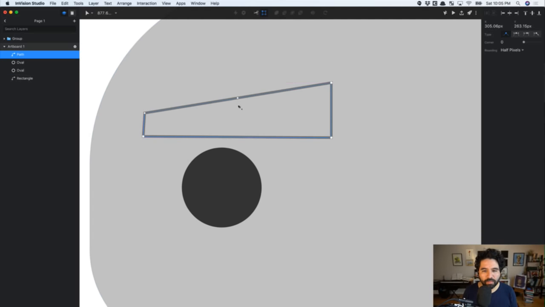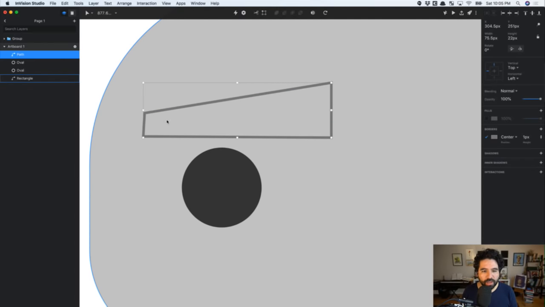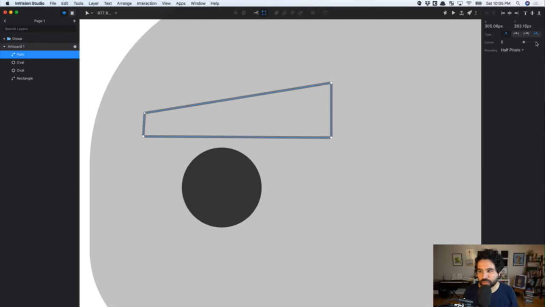Okay. Also, with the pen tool, you can remove some of the lines if you press Option, and you can just add a point anywhere here. So I want this to be rounded, right? I want it to have a Bezier curve. So what I can do is just select these points, so this point, and just change it to